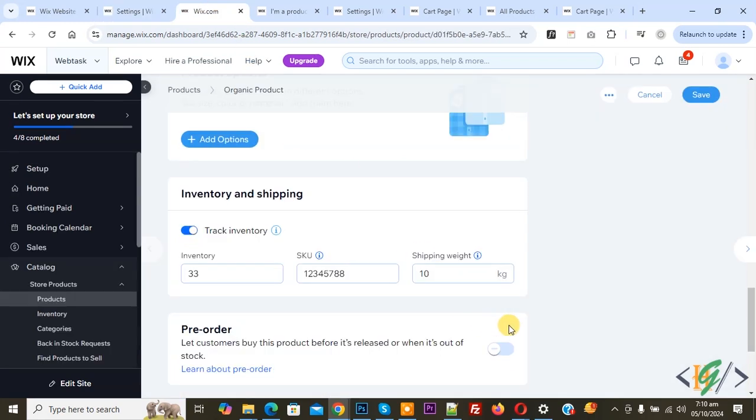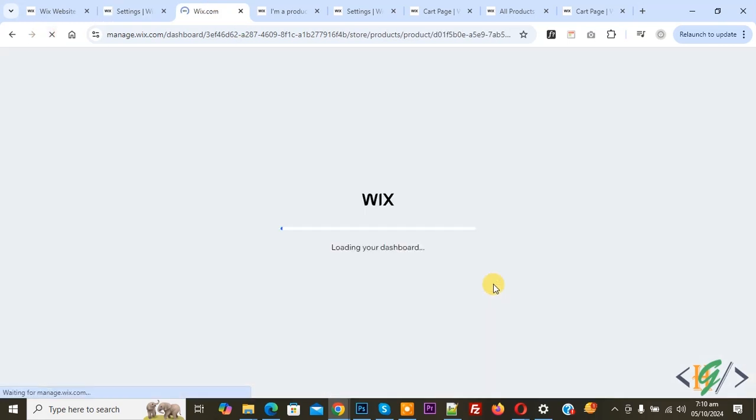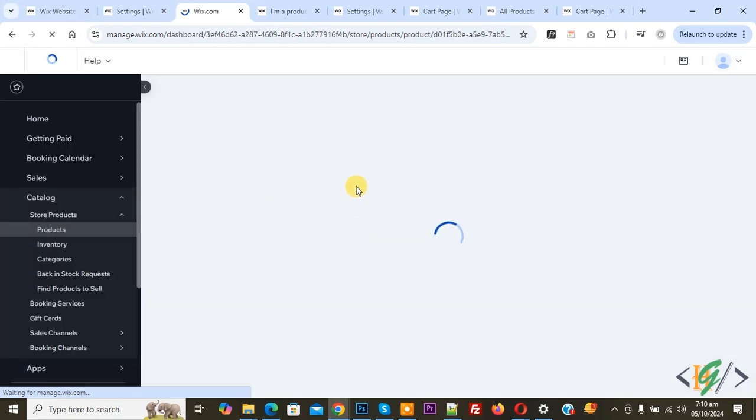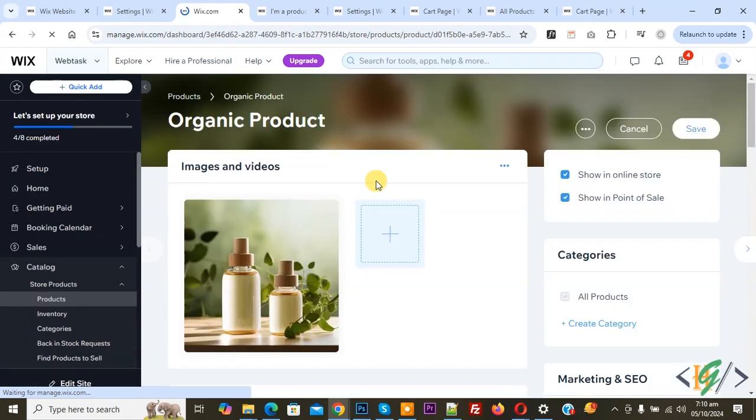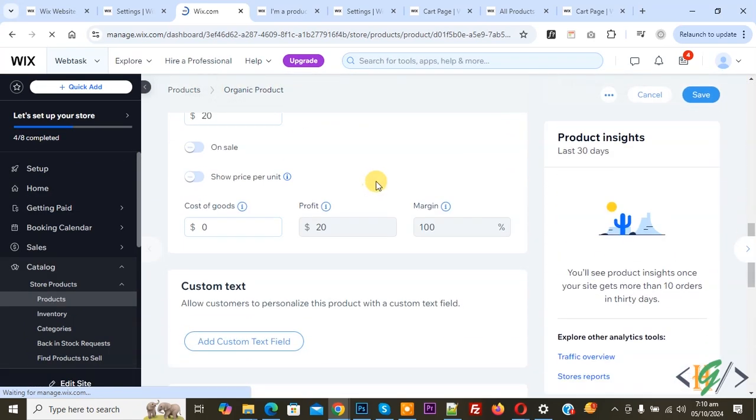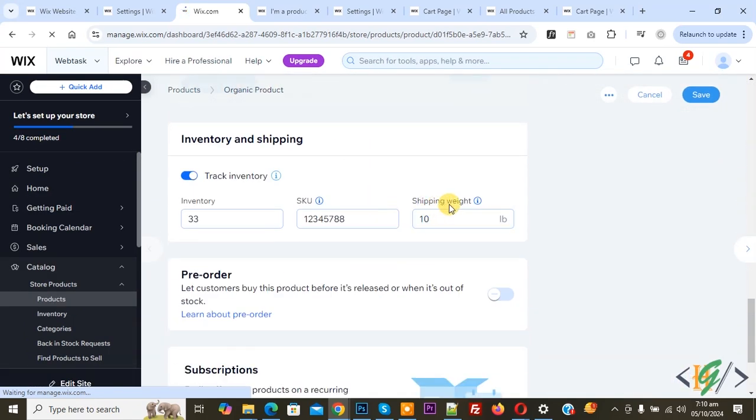Now go to the product page, you see kg. Now refresh the page. The default is kilogram for the Pakistan region, but we changed the regional format to United States. Now scroll down and then you see shipping weight changed to pound. So basically the shipping weight measurement unit depends on